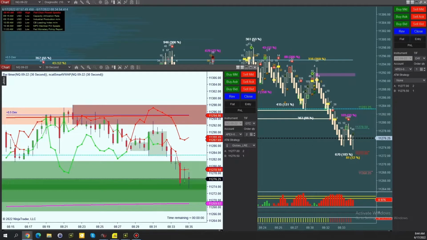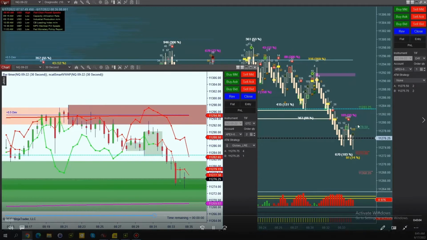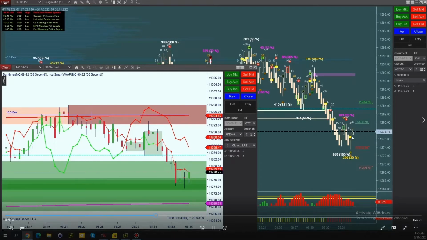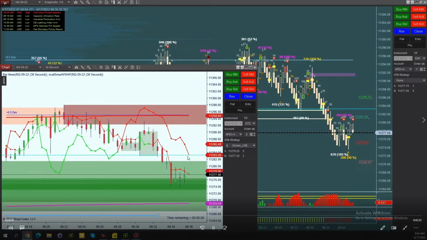I don't love that. That's telling me it's struggling a little bit in this area to continue down. So if this comes back up here, to me, it's a lower probability of it coming back down because it already chopped right in this area. And now there's a cluster. So I'm not feeling very confident anymore if I do get an LRE up here that it'll come back down. It could, but I don't like this choppiness here. It's telling me it's struggling to keep going short. Now, this is lining up to give me an LRE off the wall.